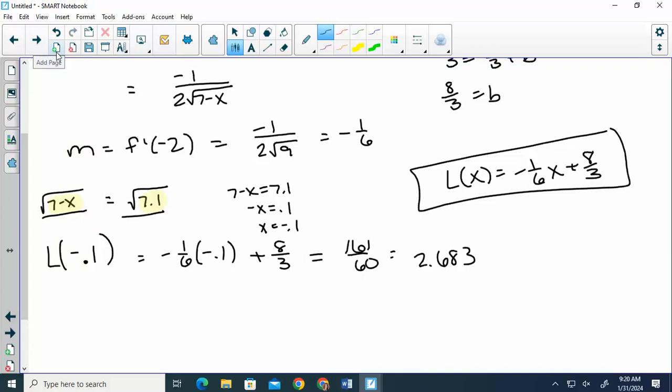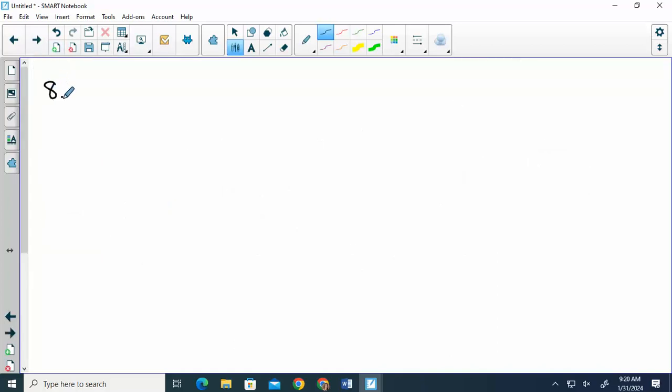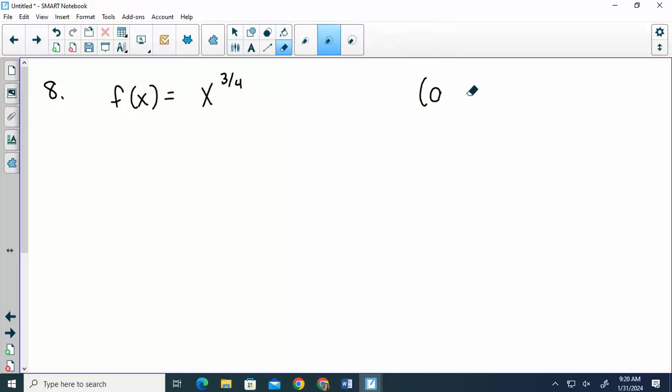All right, so number 8, one more linear approximation. We want 83 to the 3/4. So first we need a function. We need something to the 3/4 power. Our a value is something close to 83 that we could work out. Keep in mind, a 3/4 means you have the 4th root of something cubed. So we need something that we can easily do the 4th root of. So think about things to the 4th power. 2 to the 4,